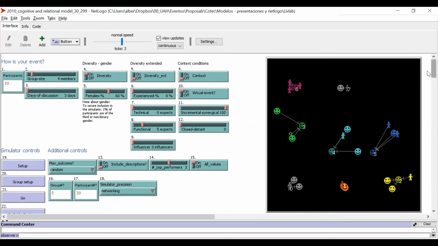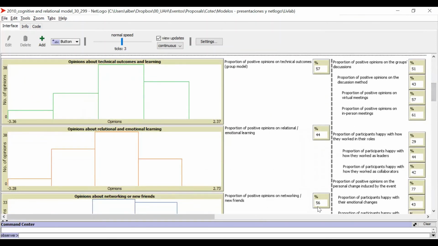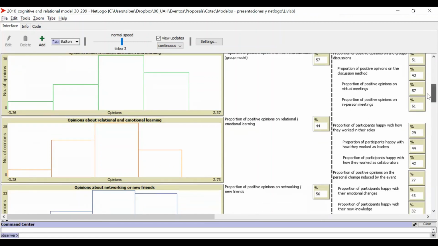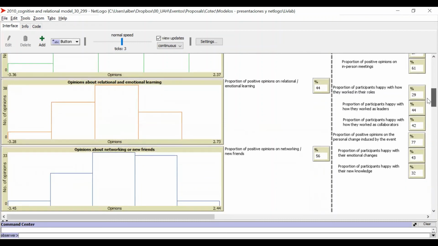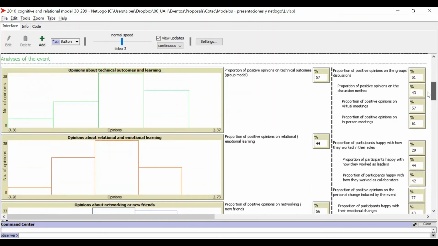Once the event is finished, we can see again if anything has changed, which is obviously the consequence of having different people interacting with each other, and we can see the information from this run, see if anything has changed substantially, and run consecutively as many times as we want, so we are able to understand if there are really differences between the same type of event that we can spot,